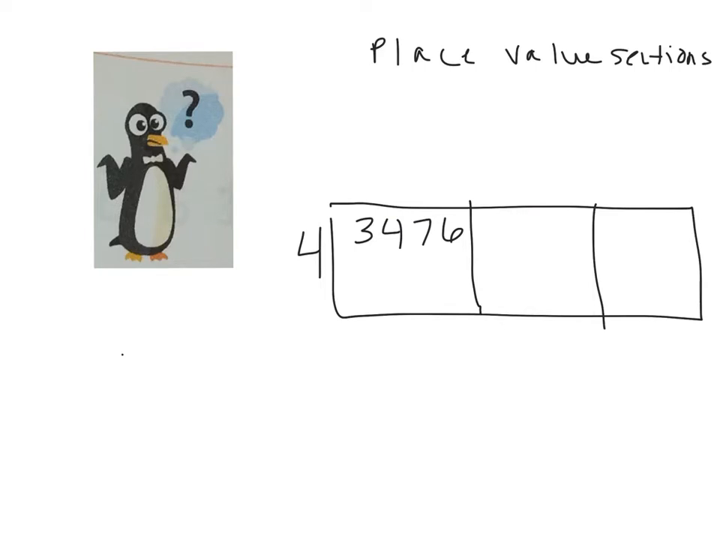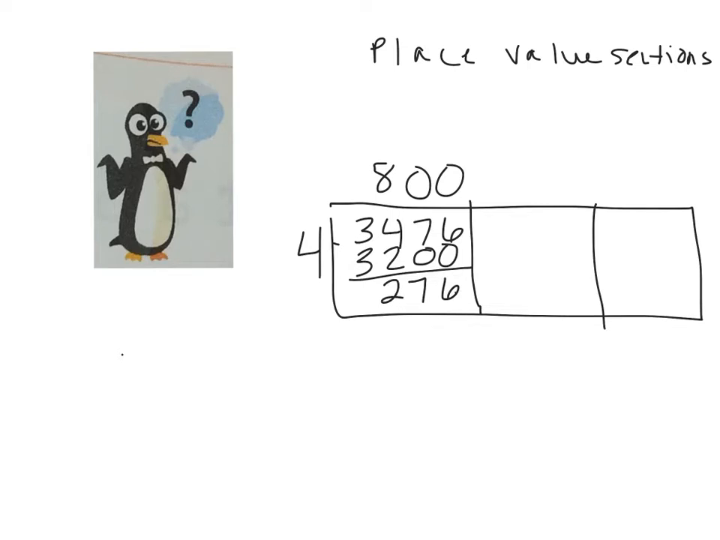We can also solve this problem by using place value sections. I know that I only need 3 place value sections because my 4 won't go into my 3, but it will go into the 34. 4 will go into 34 8 times, and 800 times 4 would be 3,200. Now I will subtract,